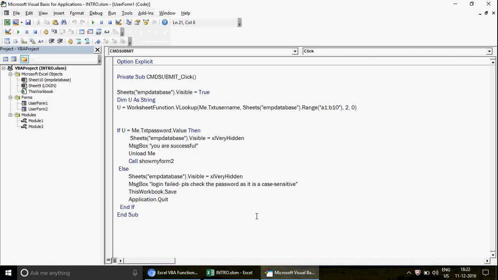So these are all the simple codes which we have written. The important one was the submit button. This is the one. Let me maximize the screen and you can have a look at this, right? So if you have any questions